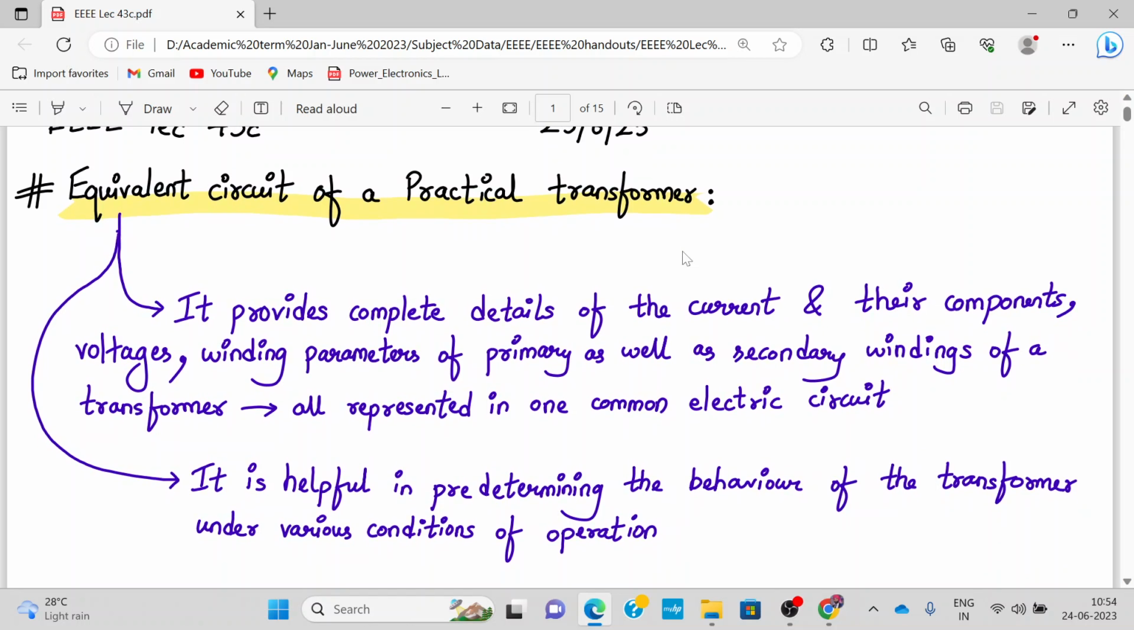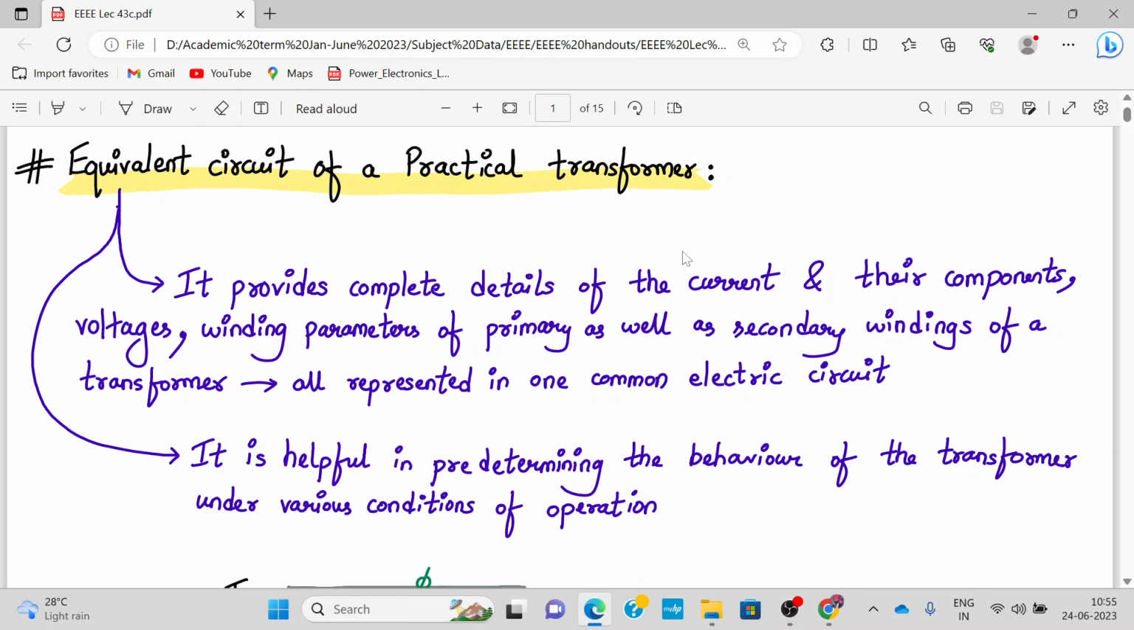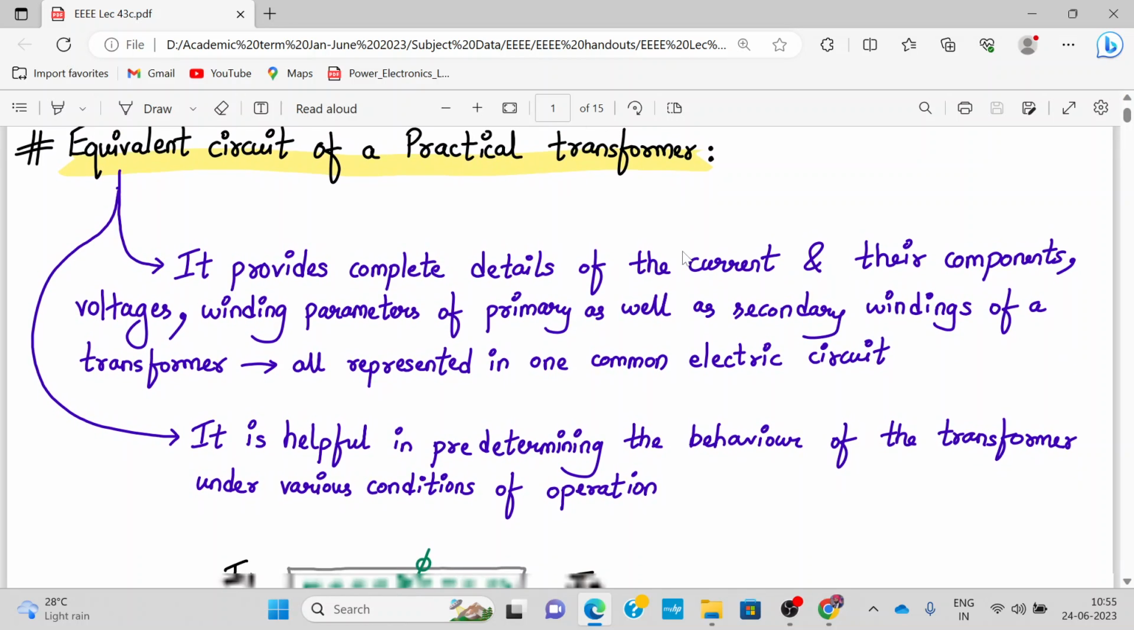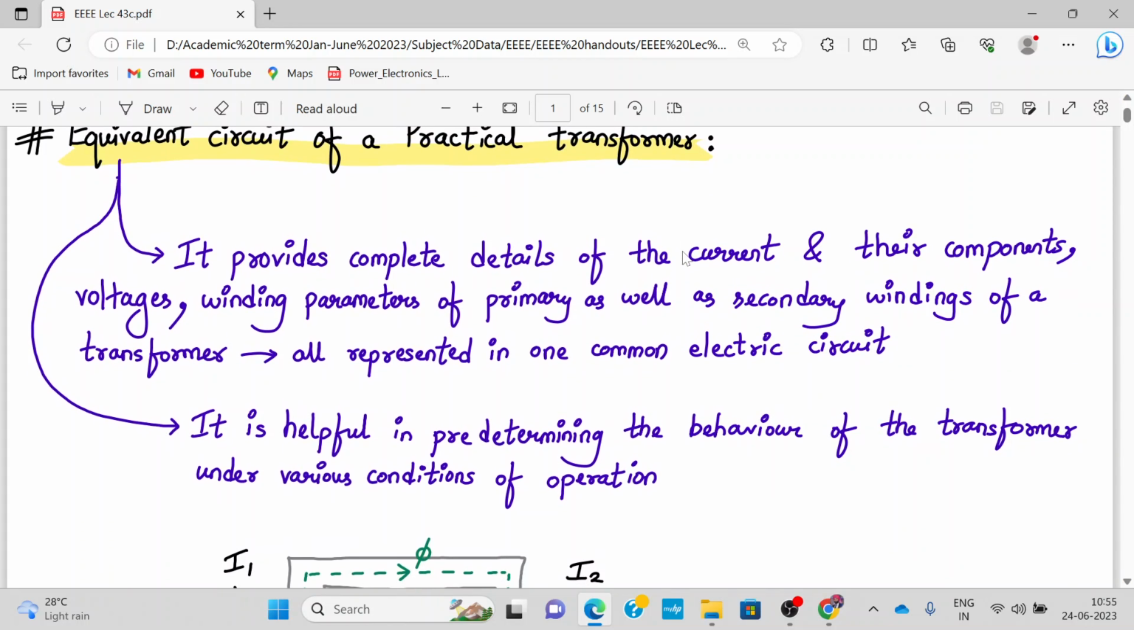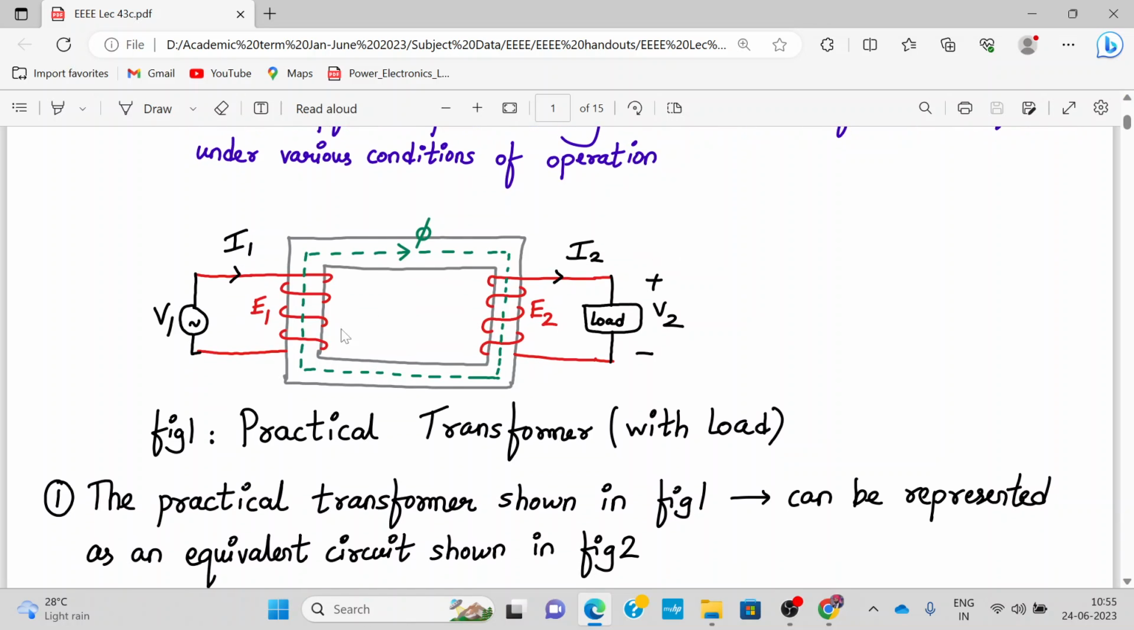So let's draw the equivalent circuit of a practical transformer based on the topics which we have discussed so far in the two lectures on transformers. So this is a practical transformer. This is my iron core. Let me show it to you. This is the core of the transformer. This is my primary winding. This is my secondary winding, my AC input primary voltage, my primary current I1, my magnetic flux linking the